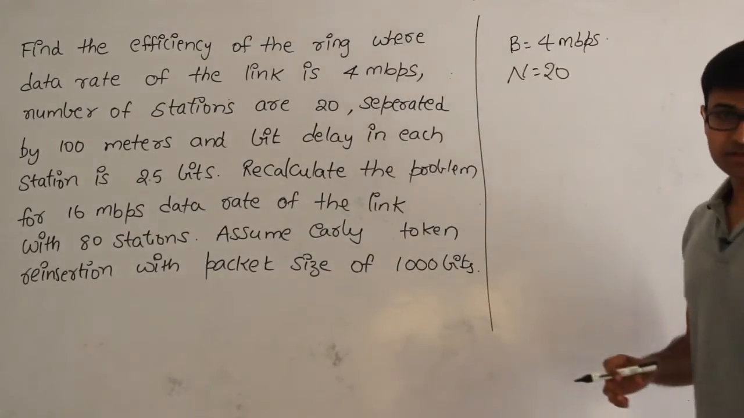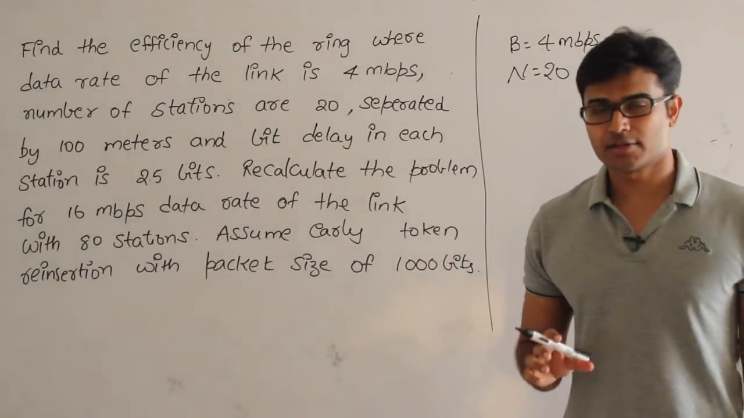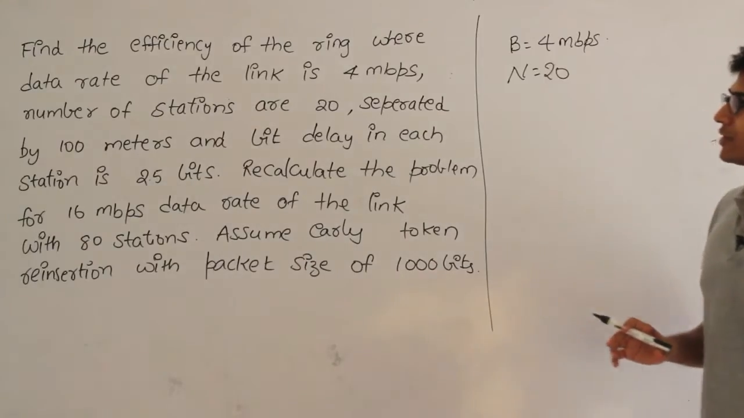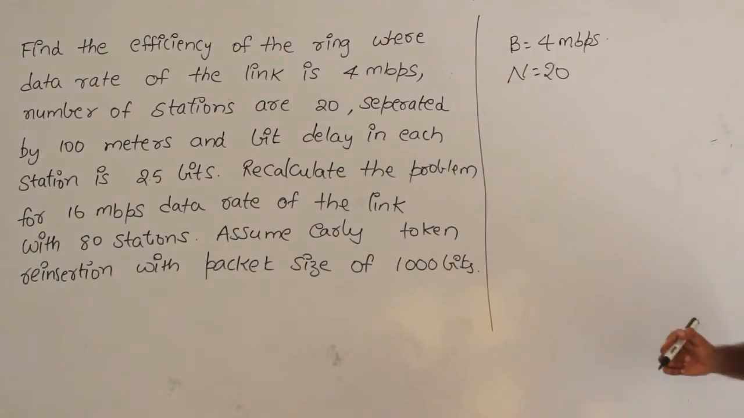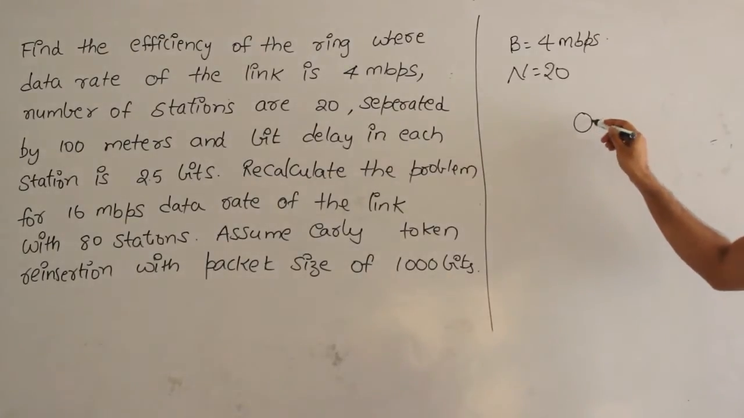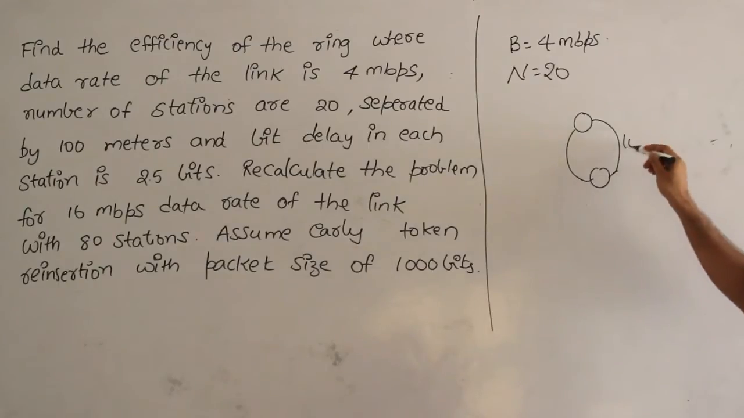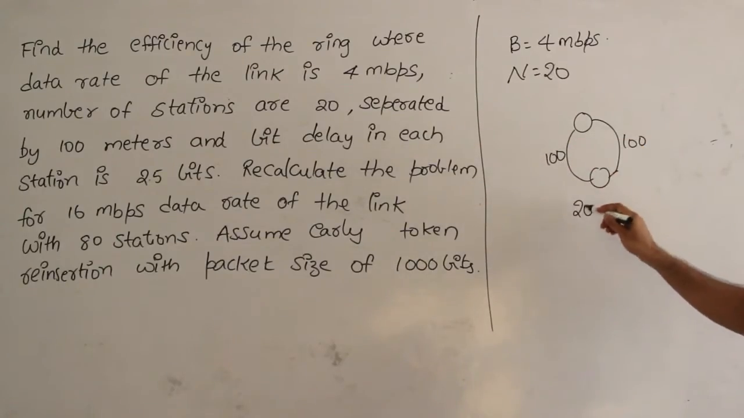So when 20 stations are separated by 100 meters each, what is the total length of the ring? That is what we should think about first. The length of the ring depends on the number of stations and the distance between each of them. If there are two stations separated by 100 meters each, then what is the total length of the wire? 200 meters, right? If there are three stations